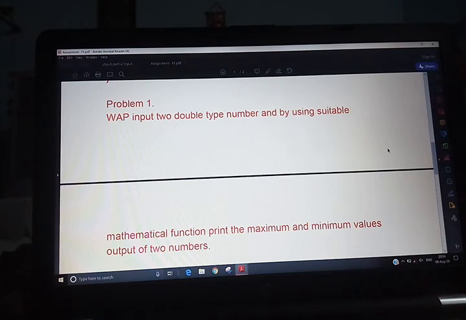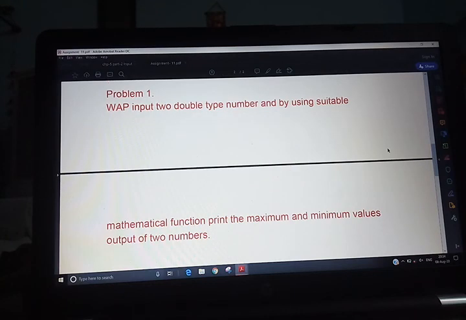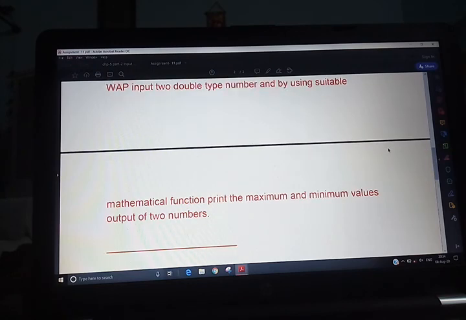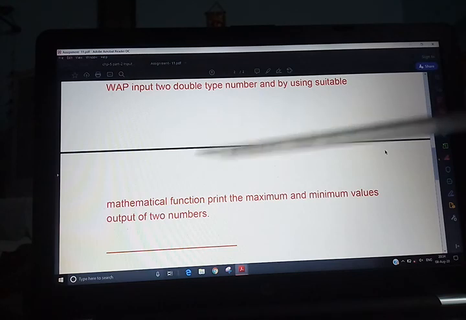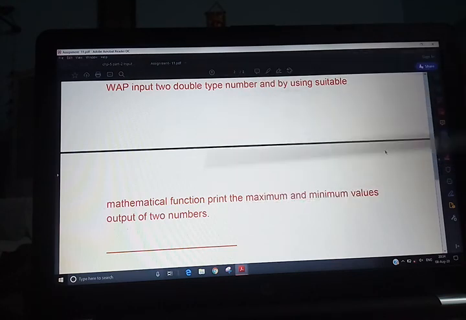In this question, input two double type numbers by using a suitable mathematical function. So two numbers you are going to input with the double data type and use the mathematical function for maximum and minimum. So here, what is the mathematical function? Math.max. In Math, M is in uppercase.